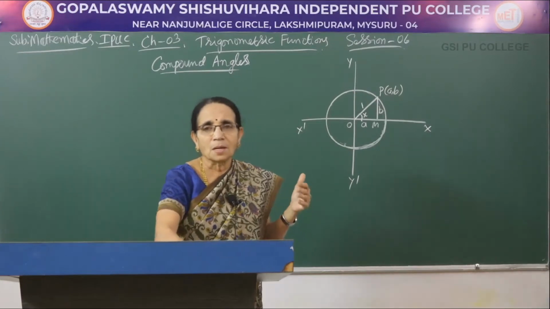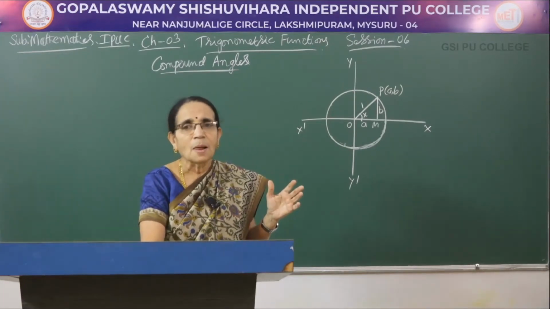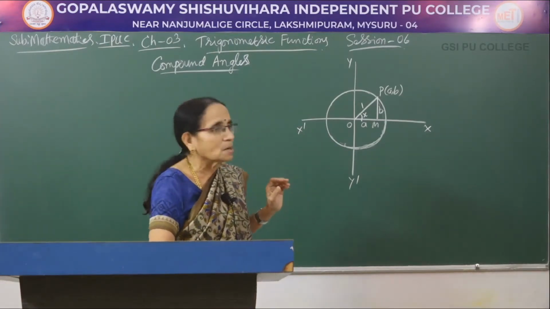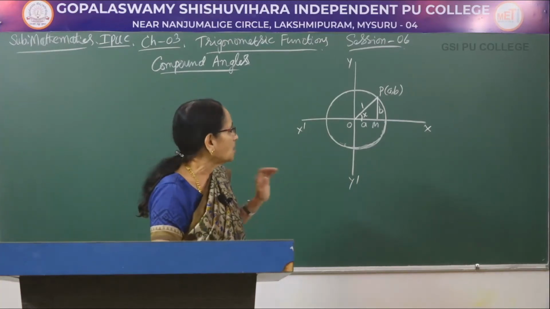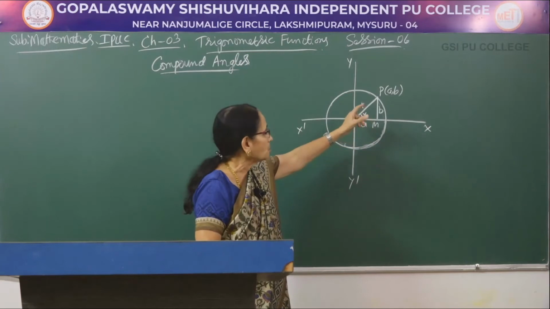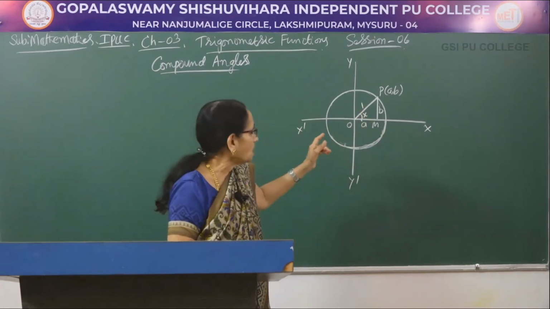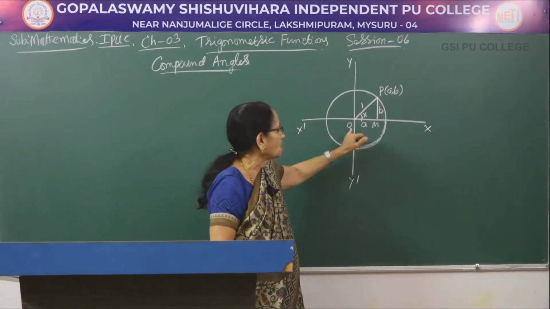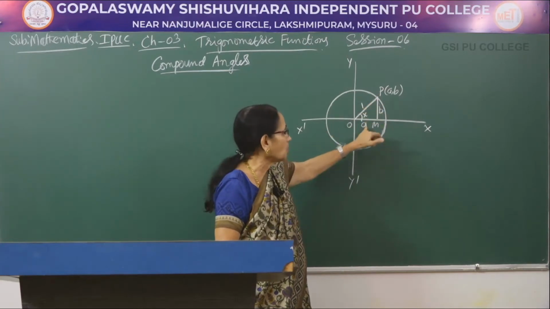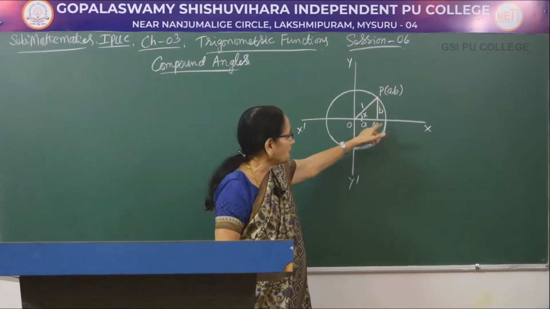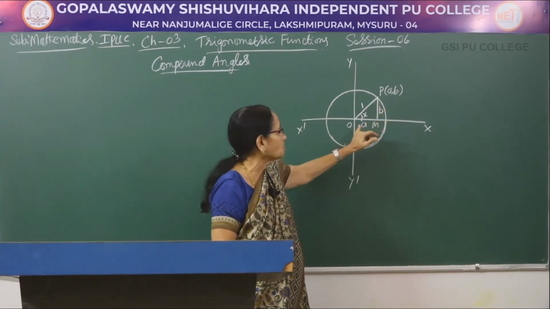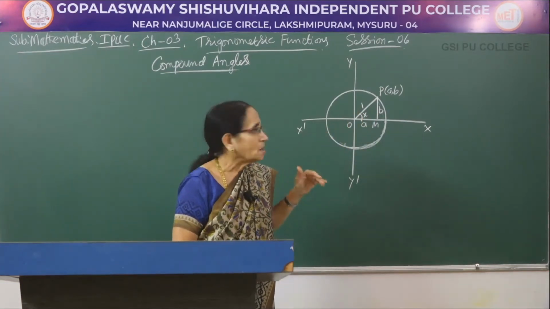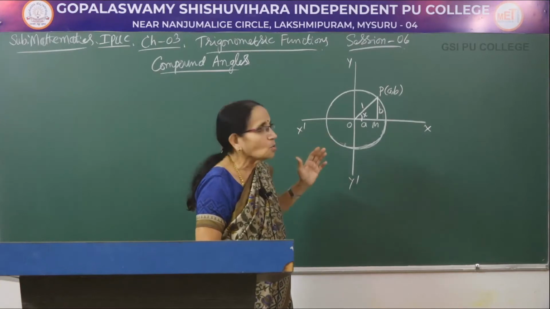I hope you remember that in analytical geometry we have defined the coordinates of any point. The coordinates of any point will always fix the point in the plane. So, a and b are the x and y coordinates of the point. What I have done is, I have joined the origin to that point. From P I have drawn the perpendicular PM to the x axis. Now, because of these lines drawn, OM, which is the x coordinate of the point, has been denoted as a. PM is the y coordinate, it has been given as b. So, OM equal to a, PM equal to b, OP being the radius, in this case it is unity, it is a unit circle, so OP is equal to 1.